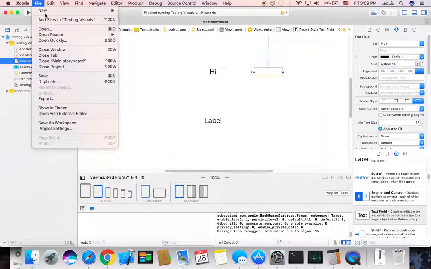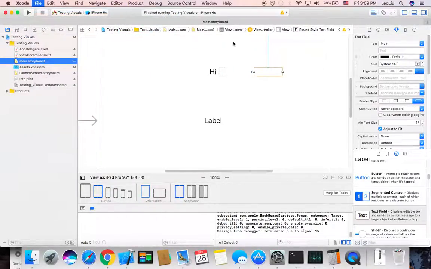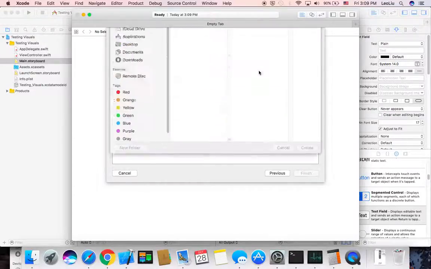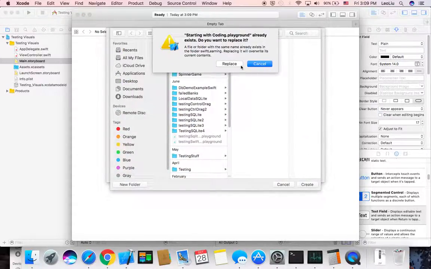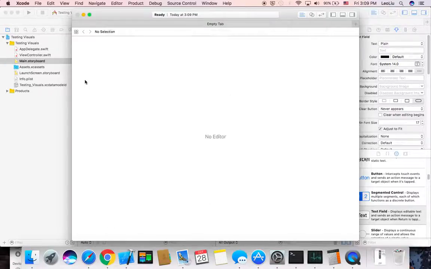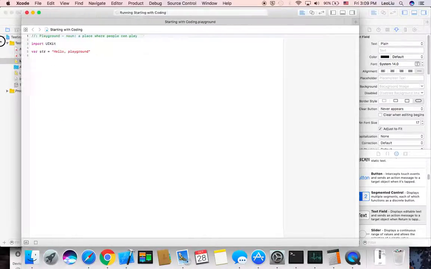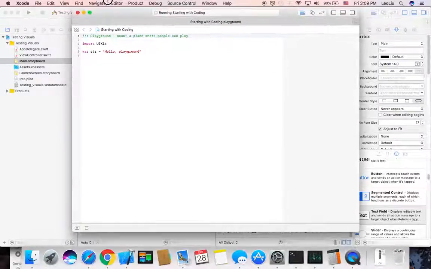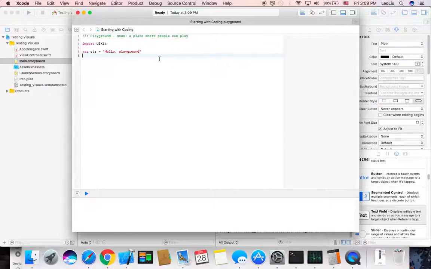Let's make a new playground this time. And I'm going to call it starting coding. Make it over. Oh, I already had something made like that. Let me actually fix one thing just so I can do this. If I type something,